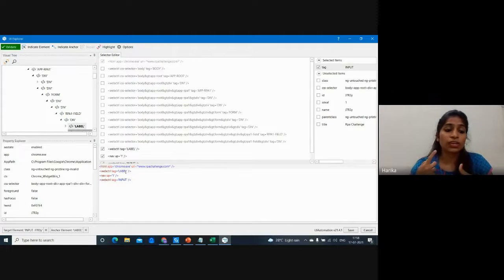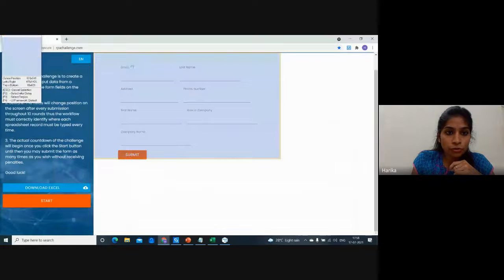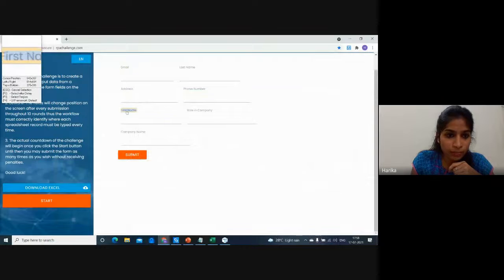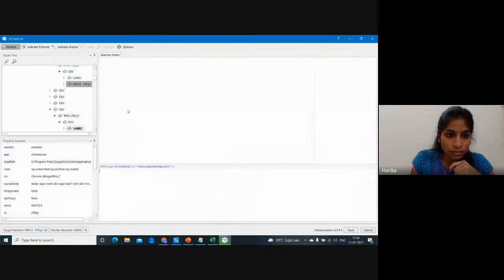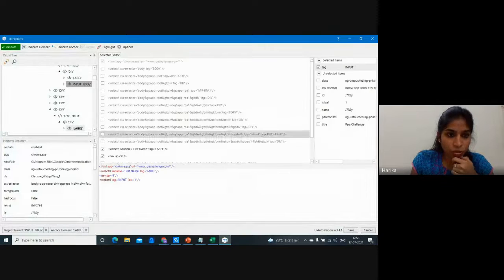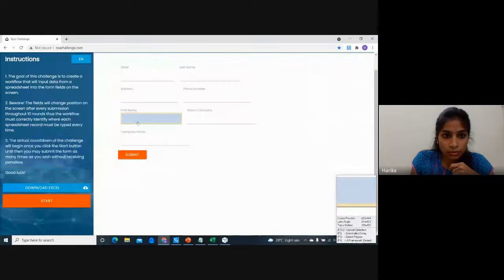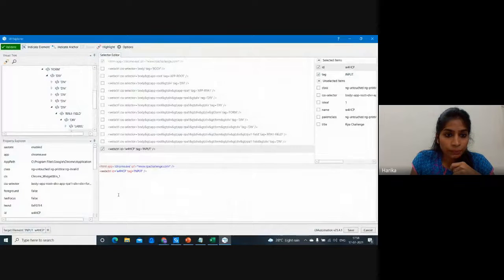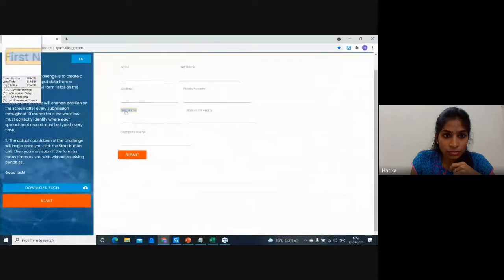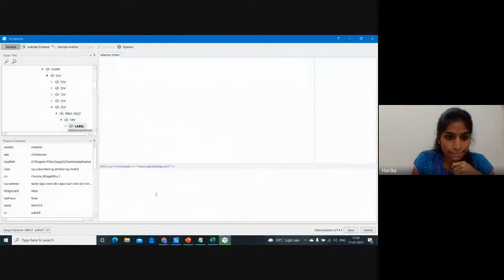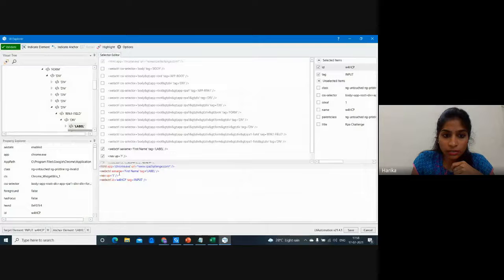So as we have this constraint, I'm going to show you the second method as well, but you can choose which method is easy for you based on the convenience of the application. But I would like to show if it's possible with this. So if you just observe here, the first name got retrieved, right? So what I'm going to do is take the element and indicate the anchor, which is the first name. So if you just observe here, we got this.